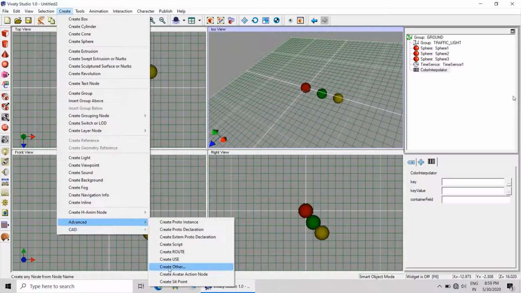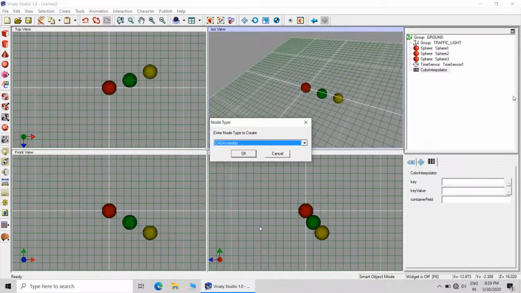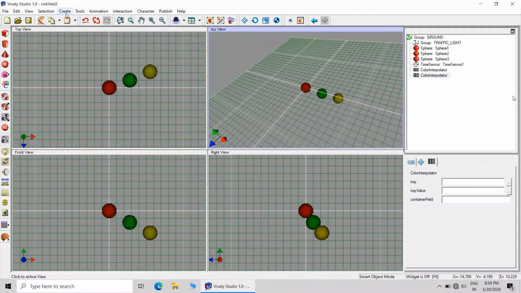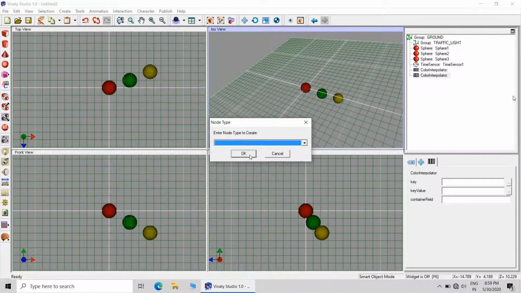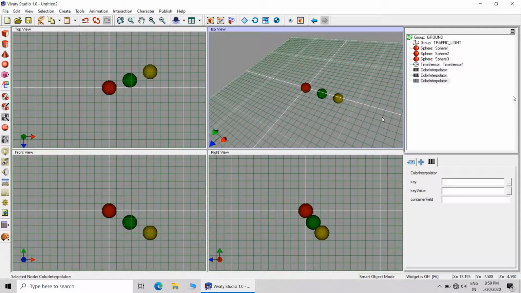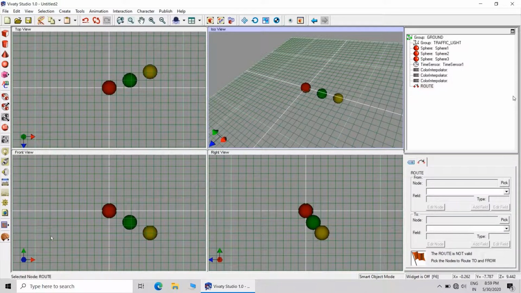Now we will be in need of three color interpolators for red, green and yellow. So create a color interpolator. I don't know whether you can copy the color interpolator and paste. I never used that, but I think copy paste should work.